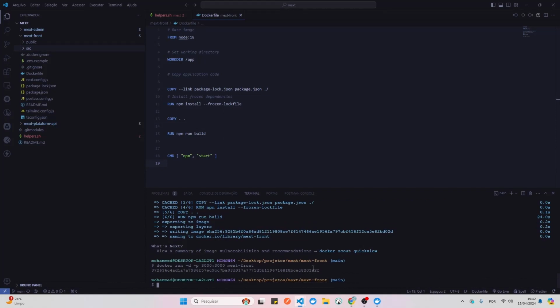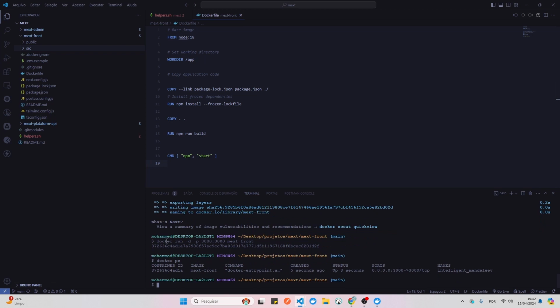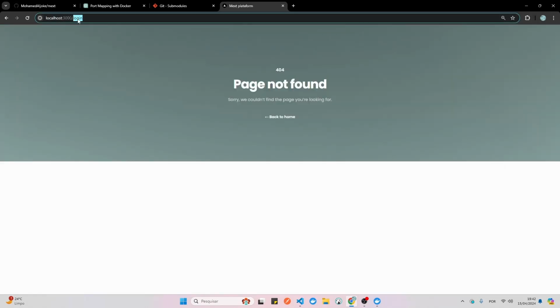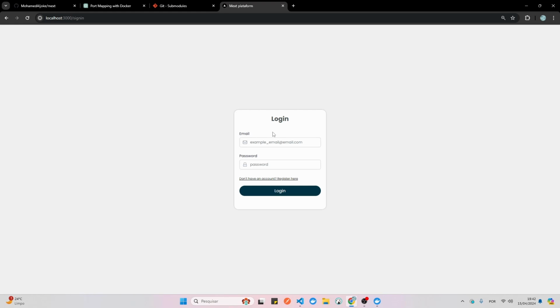Run it, and this is our tag. So docker ps. Now we can come over here, localhost 3000, and we have our image running. But